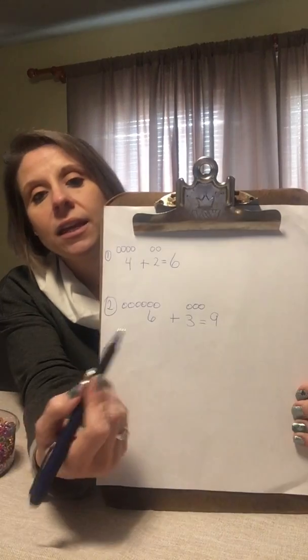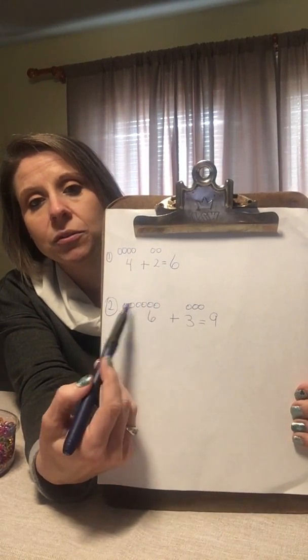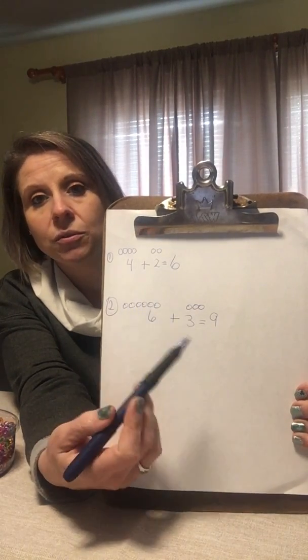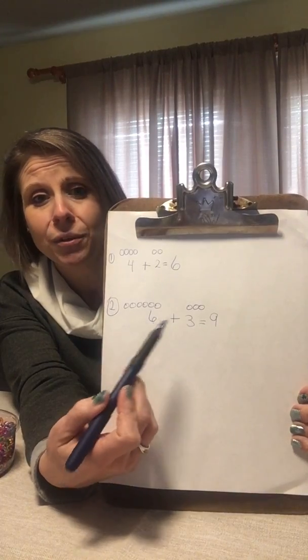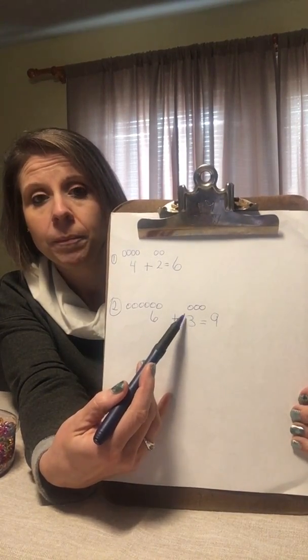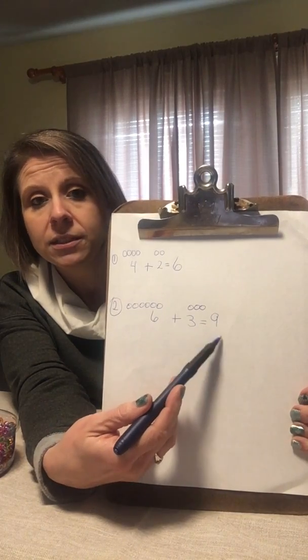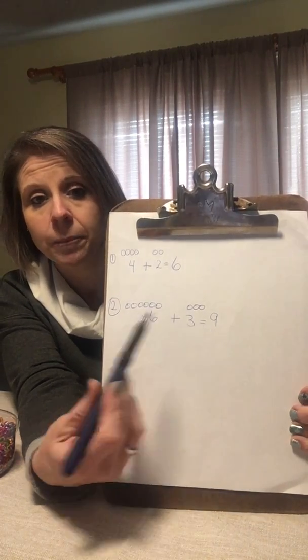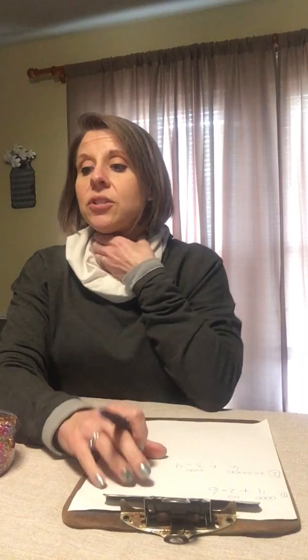So once again, either way that's best for you. You can do circles, you can actually draw the birds if you want to. Just make sure you show your work on your paper. Write your number sentence and make sure to include your answer. All right, so